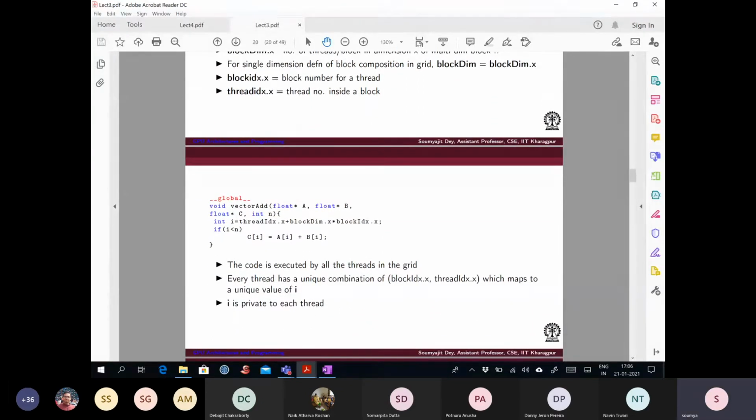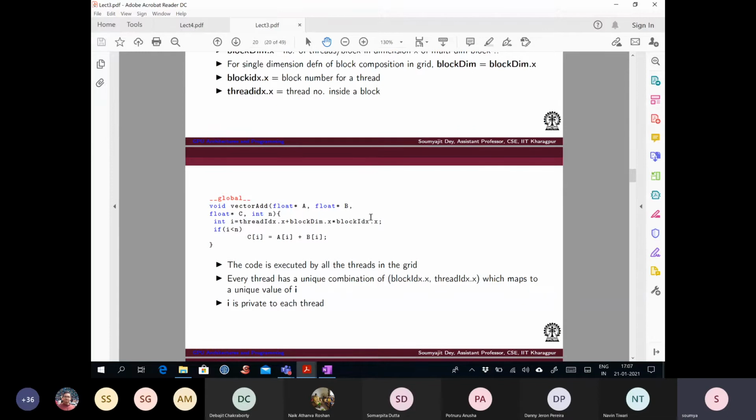And finally, when you are running the program, for each of the threads you will have, depending on which block the thread is residing in, and inside that block, what the local thread ID is. The overall idea is that for each thread, these values of threadIdx.x, blockIdx.x, and blockDim.x are combined such that each thread can be evaluated to a global thread ID like this. For example, this was a 2D kernel, for which I can find out the global thread ID like this. And the whole idea is that all these i values would be unique for each of the threads, right? Each thread will have this unique i value.